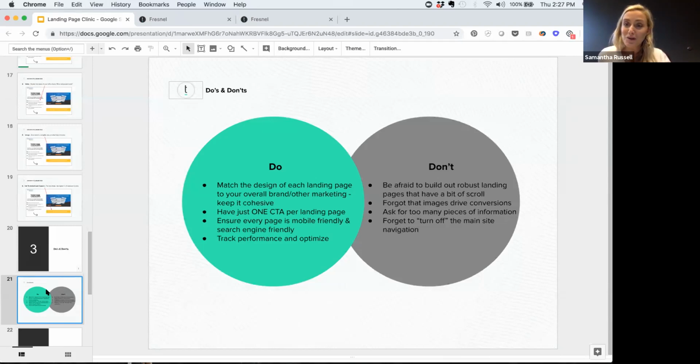Well, that doesn't mean they don't work. It means the landing page you set up wasn't working for some reason. So why is that? We need to think about, were people clicking on it? Were they not making it through the funnel? And figure out how we can optimize it. So tracking the performance is really crucially important.